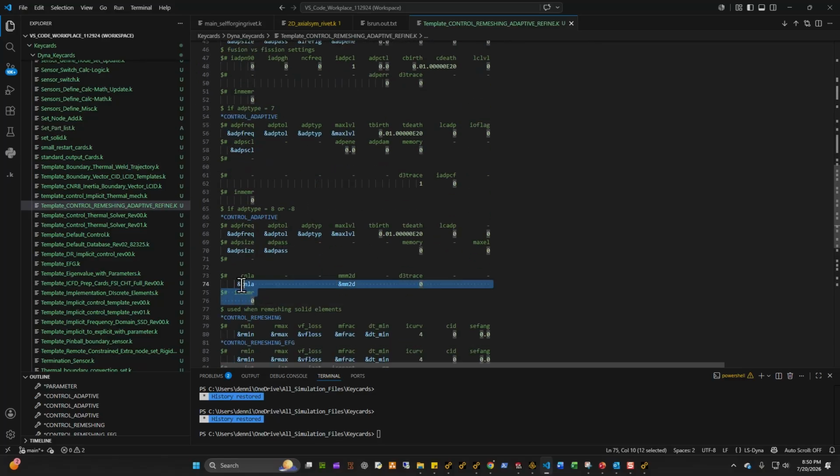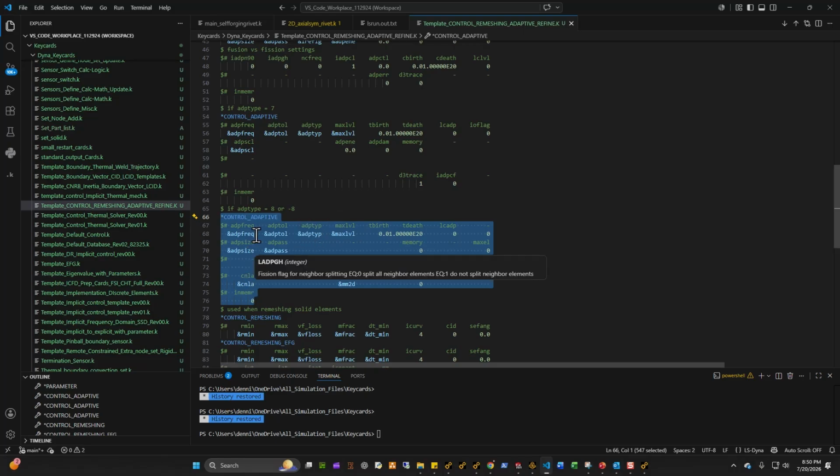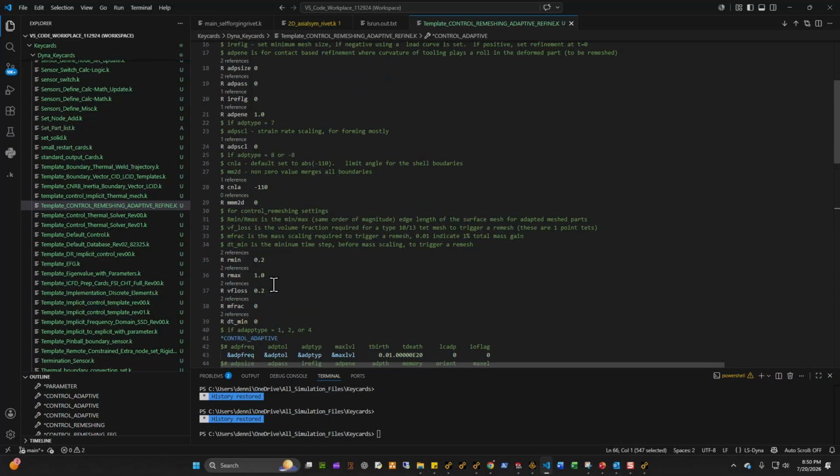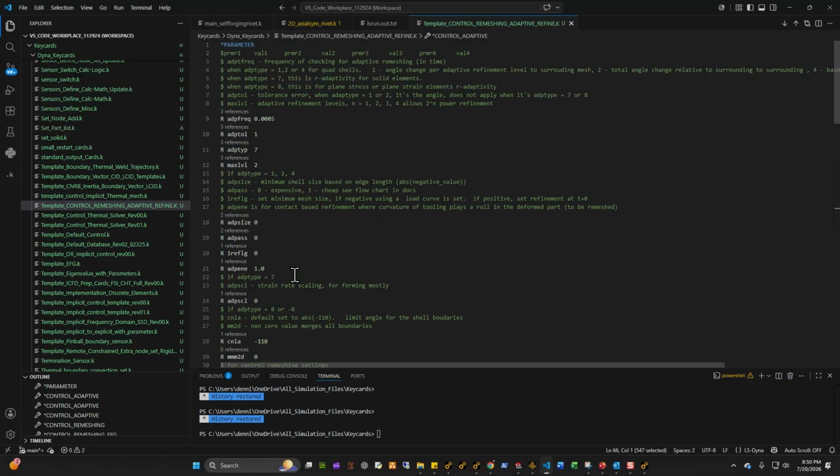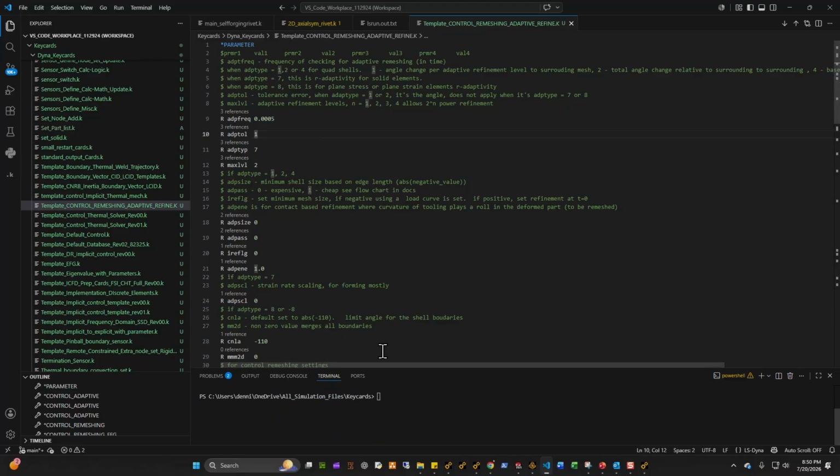If you have adaptive type equal to 8, your adapt frequency and adapt toe are gonna be defined by